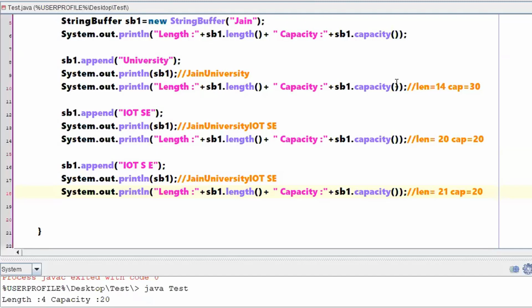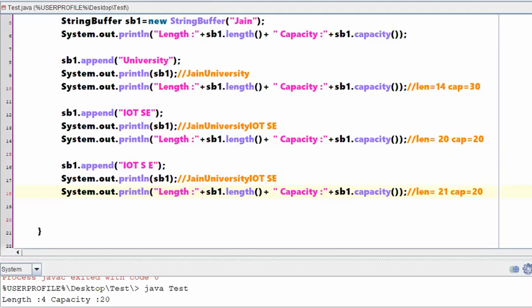Hamid says 42. When the capacity is 20, how can it accommodate 21 characters? That is a basic question that needs to be thought about. So what you are saying is capacity itself is 20. When the capacity itself is 20, how come this length will become 21? Ruby Kumar Mandal says 42 is the capacity. How did that particular value 42 come? Hamid, how is it 42?